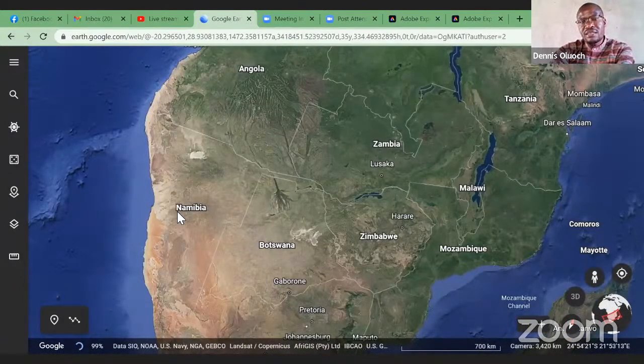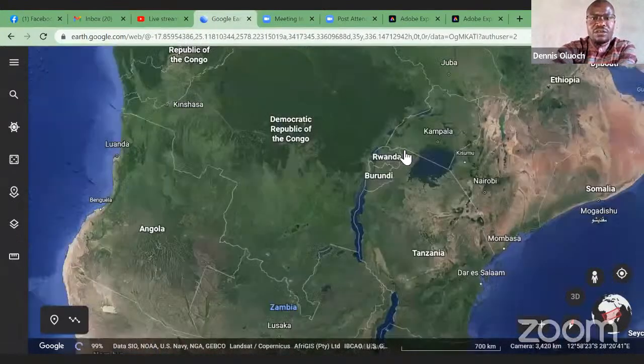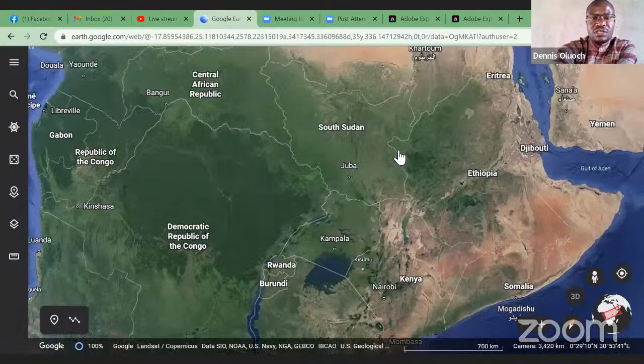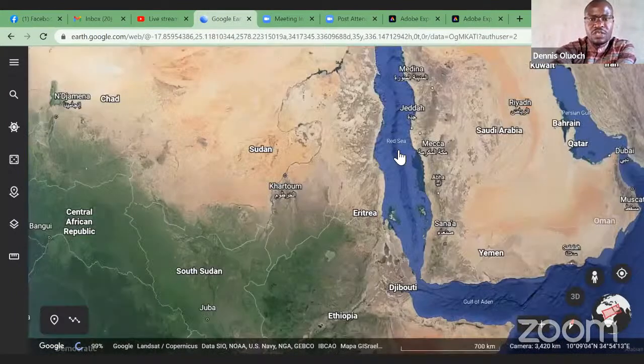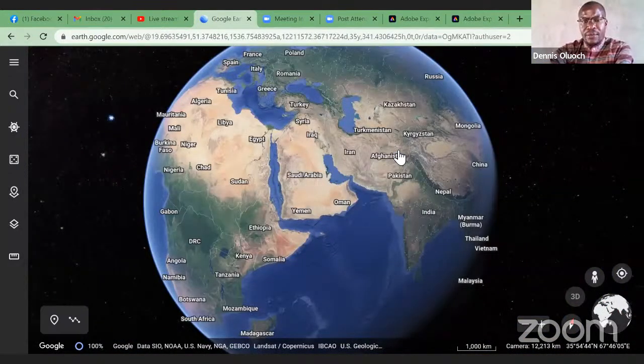In Namibia, it's a very strong currency, has minerals. Botswana equally. Look at Zimbabwe. Zimbabwe is greenish, and Zimbabwe does so well in agriculture and farming. You remember there has been a tug of war, especially with the former president, the late Mugabe, on the issues of the white farms in that country.